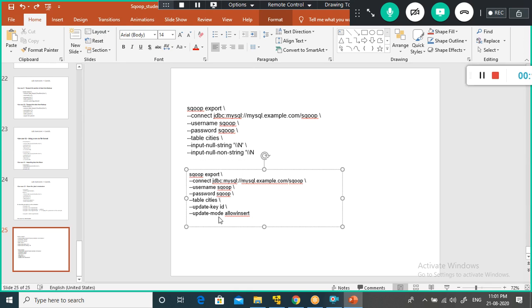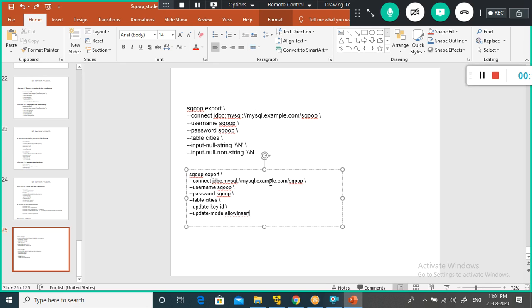And this one is update key ID and update mode allow insert. Let's say in my Hive I have a table called cities, and my data is available in my file system.